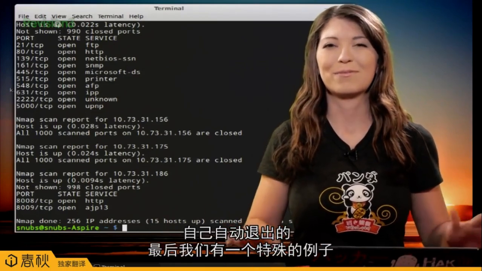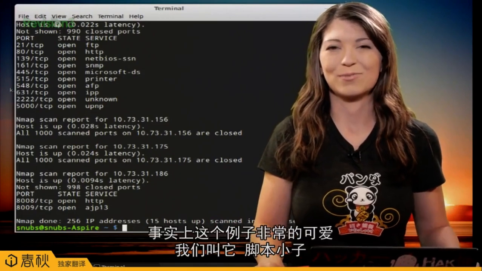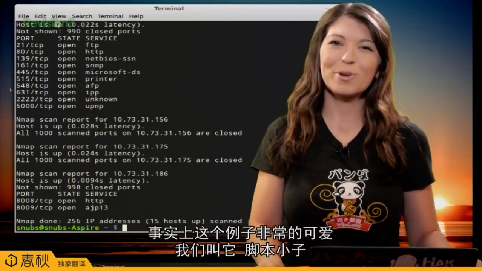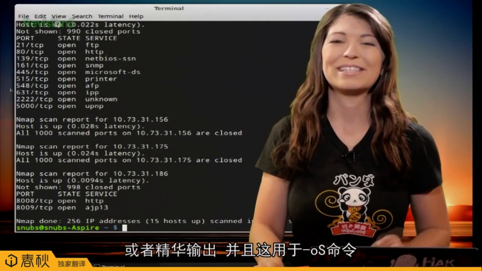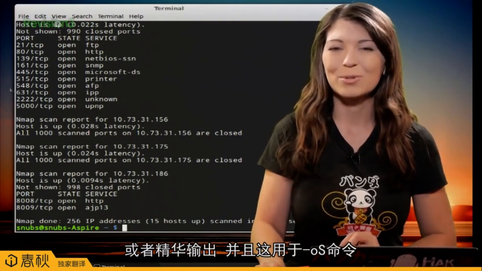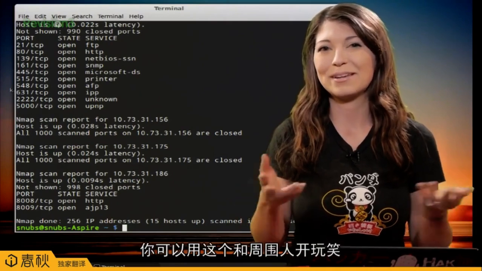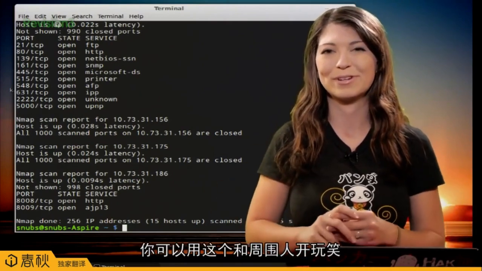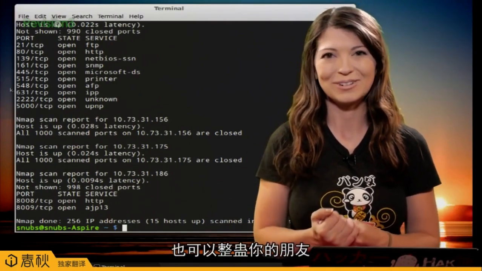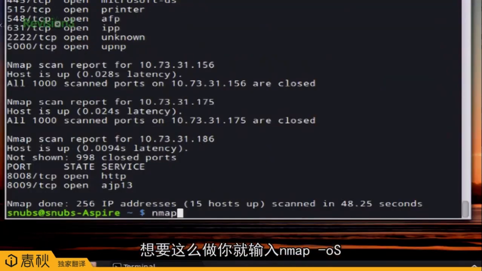And lastly, we have a pretty fun one. I actually think this one is kind of cute. It's called script kiddie or elite output, and this is used with -oS. So this is just kind of a cute little Easter egg that you can find in nmap that you can pretty much just play around with, or you could fool your friends with it if you want to. So to do this one, you type in nmap and then -oS,